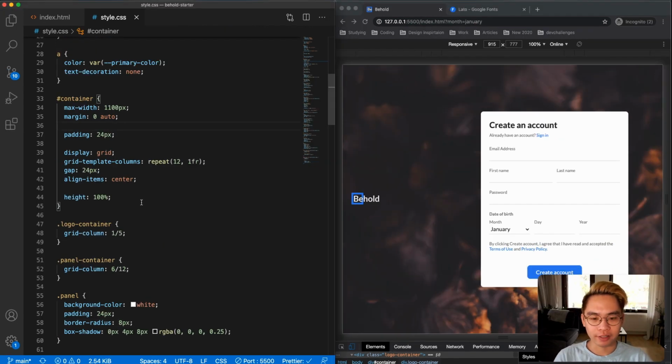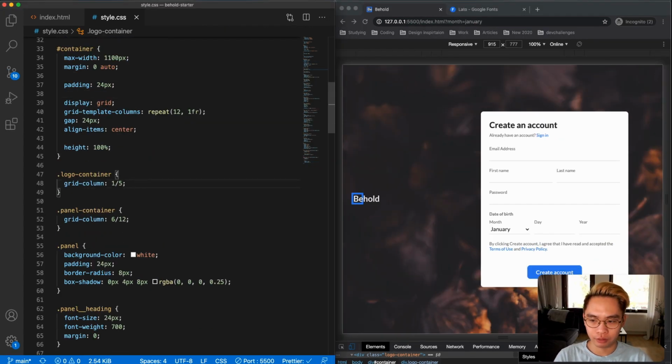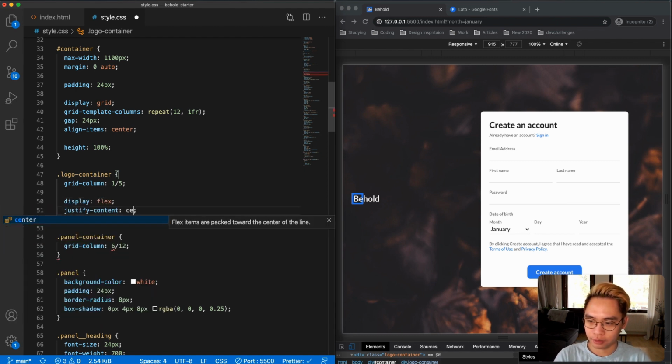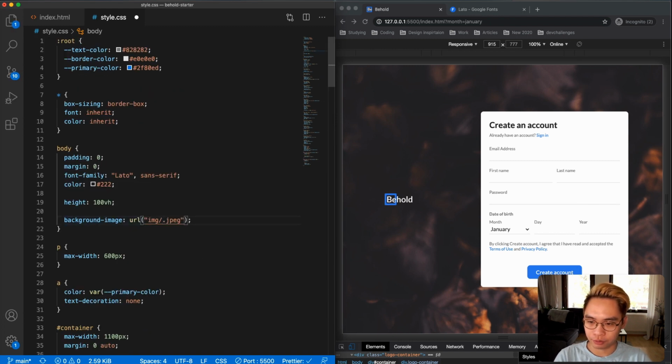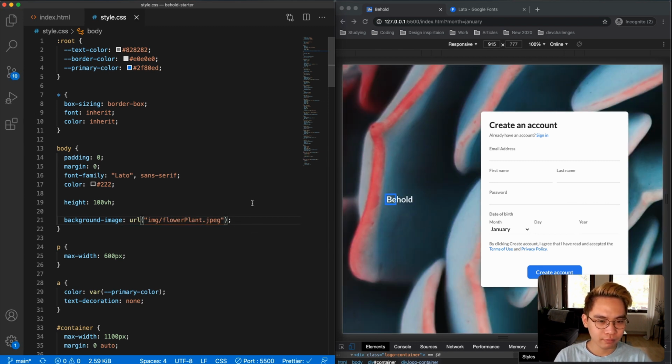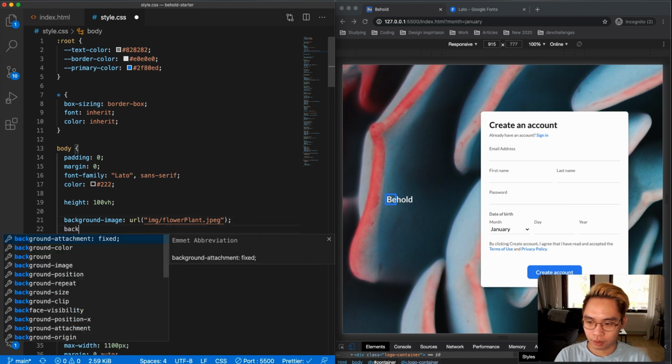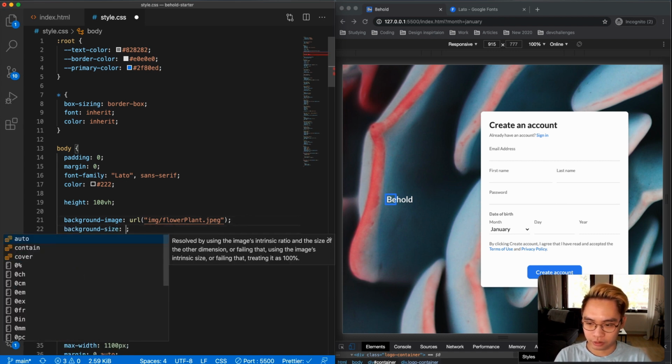So before we move on, let's go back to our logo container. We want to center this logo in the center of the container. So we can say display flex and justify content center. And let's try to change the background image to be, let's say, flower plant. And now the image is cropped a lot, and as well as the contrast is not enough. So let's say background size to be covered,